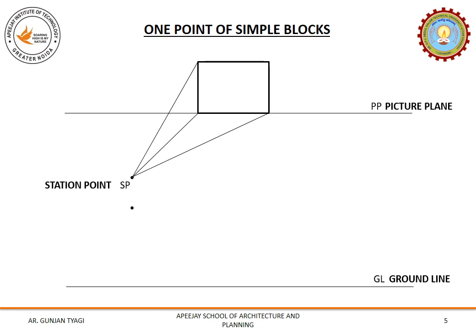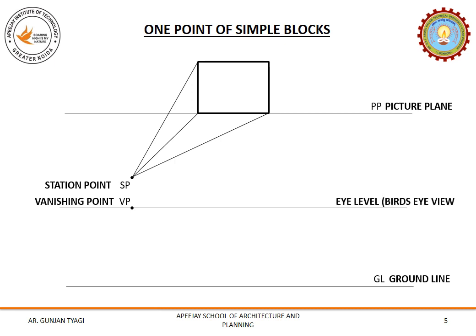As I now have to begin with the one-point perspective of the object, I need to have the vanishing point. How to decide where the position of the vanishing point should be? This also can be on the left or right of my object, and I took it directly right away, dropping down from the station point. So this is the line where I will have my eye level, and I have my vanishing point here, and this eye level is called bird's eye view,